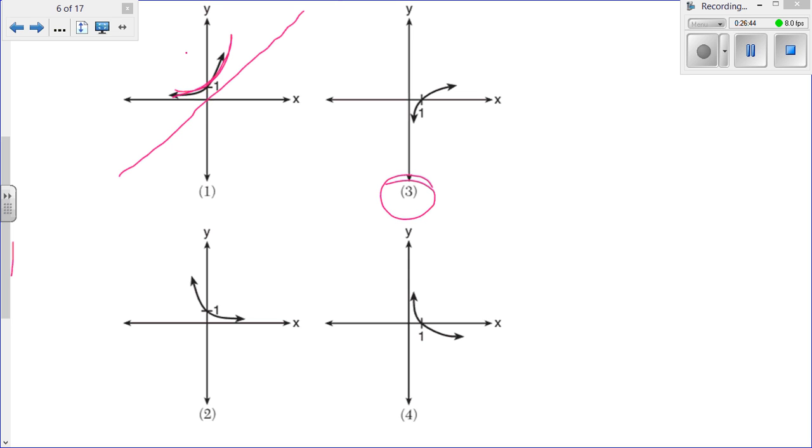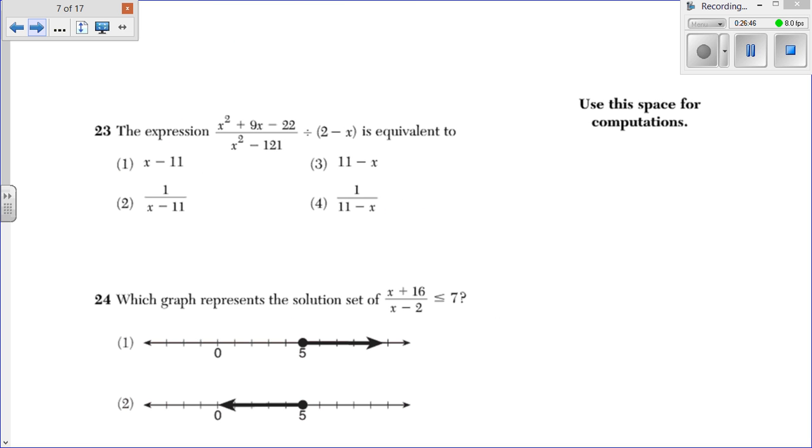Okay. Next page. For 23, the expression. Okay, so we're going to have to divide, and we're going to have to do some factoring here. So let's see here. This would be